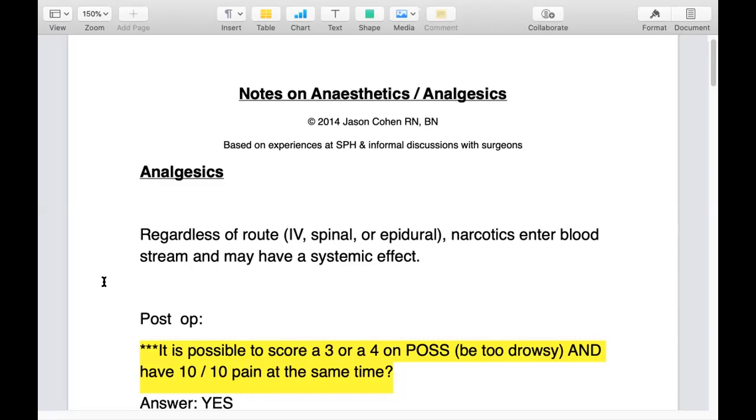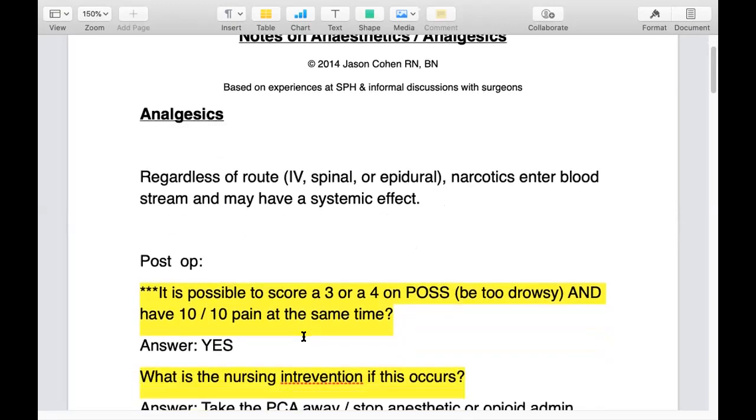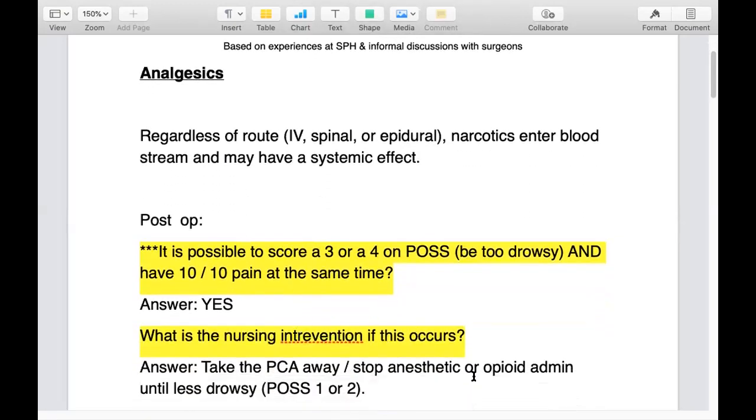That's too drowsy. What do you do? Well, let me tell you what you don't do. You don't give him more meds, and you may have to hold the meds. So it's kind of life over limb sometimes. Is this a common scenario? No, not for me. I don't see this often at all. But it can happen, and if it does, you need to stop the opioids going in. You need to wait till he's less drowsy, a 1 or a 2. Again, not a common scenario, but it really illustrates that you need to be paying attention to level of sedation,